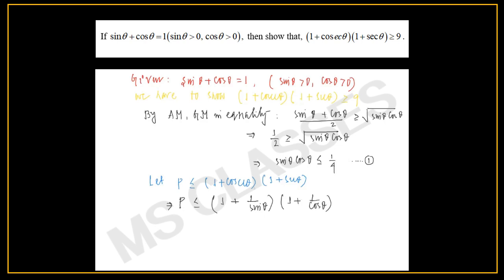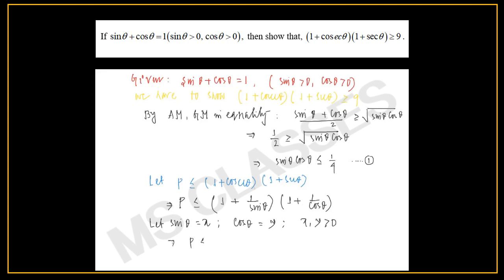Definitely we can proceed with this only, but we can take sin theta as some quantity x, just for making the calculation easy, and cos theta as y. And here x and y are both greater than 0, because cos theta and sin theta are both greater than 0. So the expression reduces to